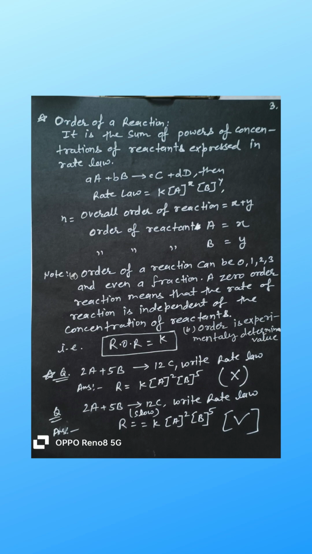One more important concept for exams. The units of the rate constant depend on the order of the reaction. By looking at the units of the rate constant, we can predict the order of the reaction. So remember this golden rule for the exam. Unless slow step or elementary reaction is mentioned, never use the numbers of the reaction as powers in the rate law. Order is always determined experimentally.